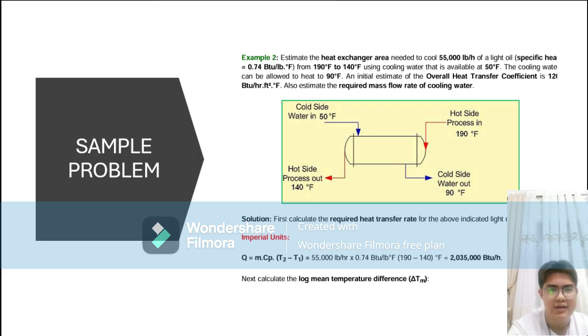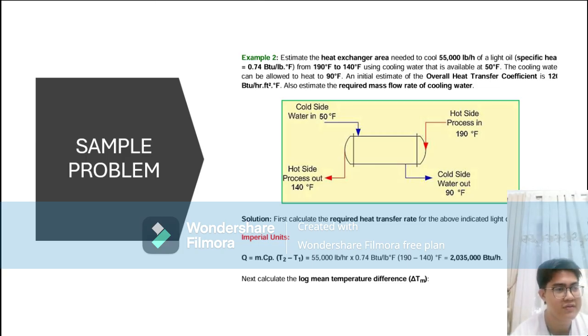Now, lastly, we have the sample problem for the shell and tube type heat exchanger, taken from the same online source where we got our formulas from. Here, we are told to estimate the heat exchanger area needed to cool 50,000 pounds per hour of a light oil, specific heat is given, from 190 degrees Fahrenheit to 140 degrees Fahrenheit using cooling water that is available at